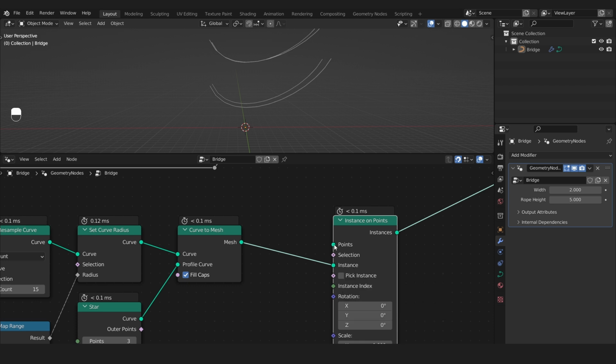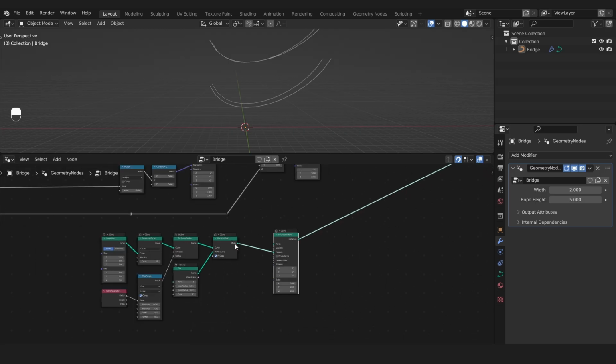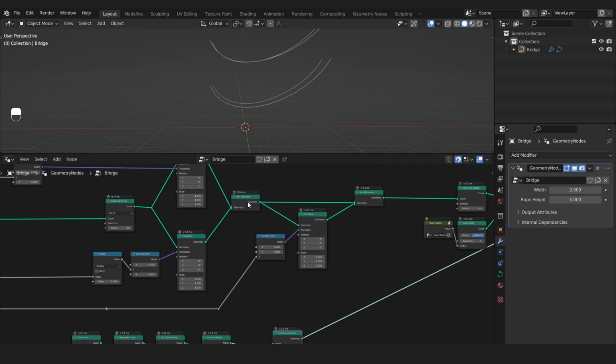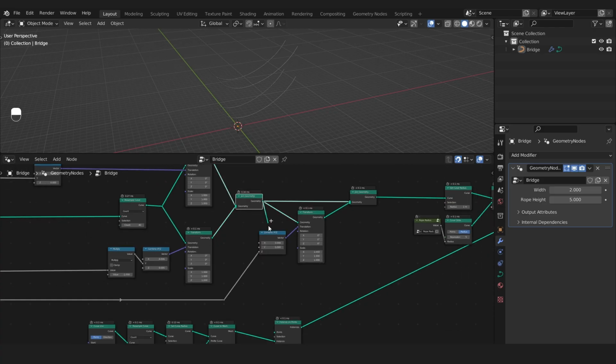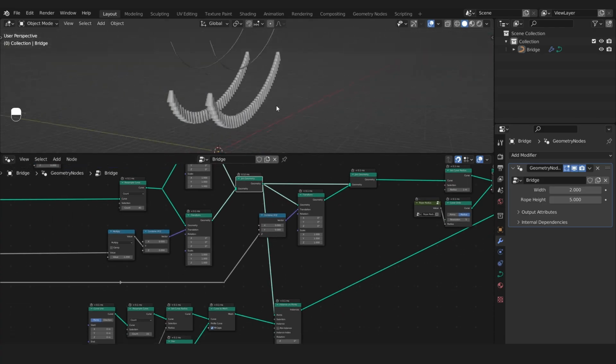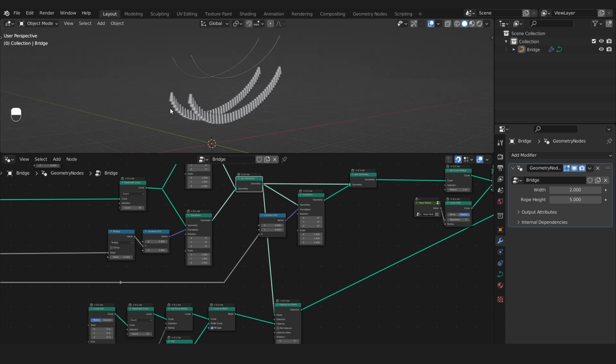And basically we need to tell Blender what are the points, where do we want to put all of these elements. Well, easy enough. They are basically the thing that is coming out of this join geometry node right here. Because this join geometry, it is the one responsible for creating the main two ropes, these ones. It is as simple as basically taking this and plugging it to points, and notice what will happen. Basically right now we created all of these mounts